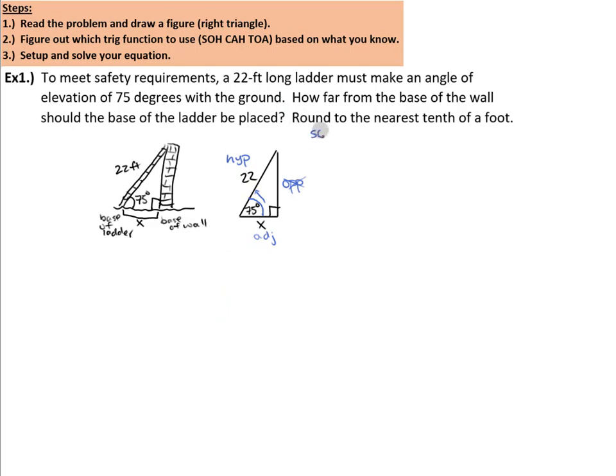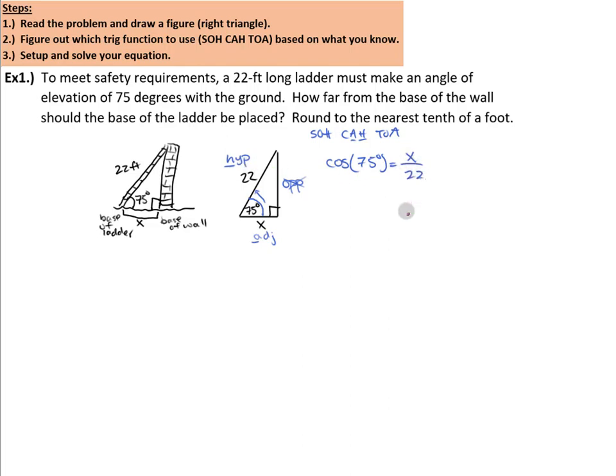So now when I'm thinking SOHCAHTOA, which one uses the hypotenuse and adjacent? Hypotenuse and adjacent is CAH, or cosine. So we're going to use cosine to set up our equation. The cosine of our angle, 75 degrees, equals the adjacent side, remember CAH, adjacent, which is x, over the hypotenuse,